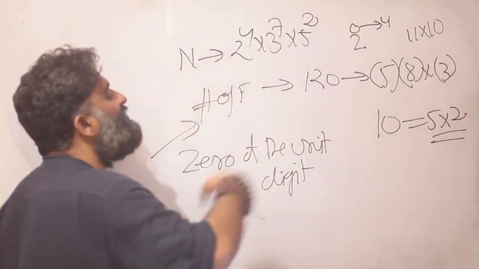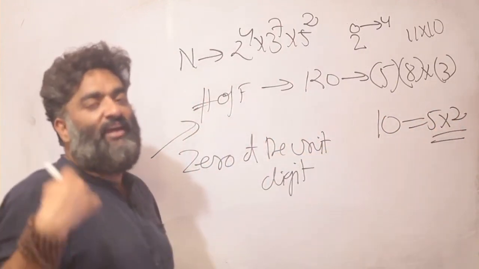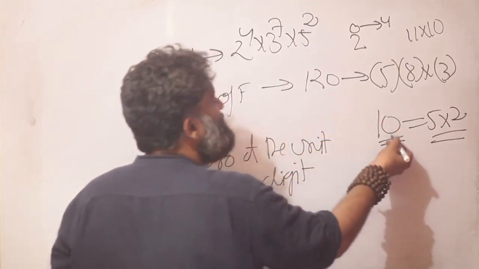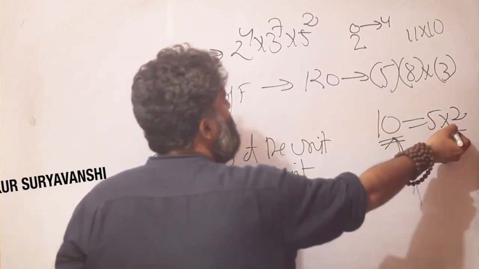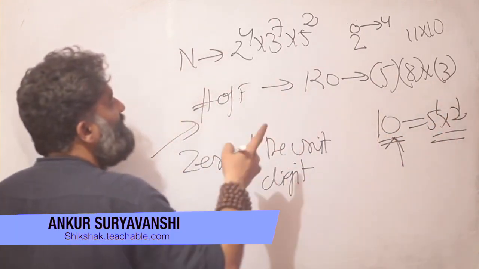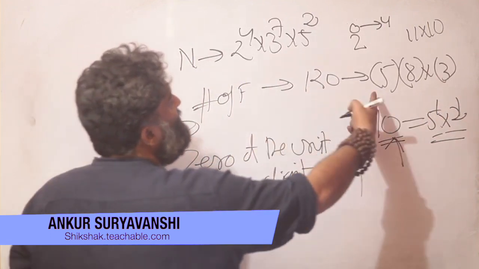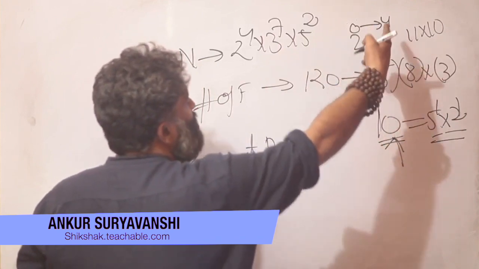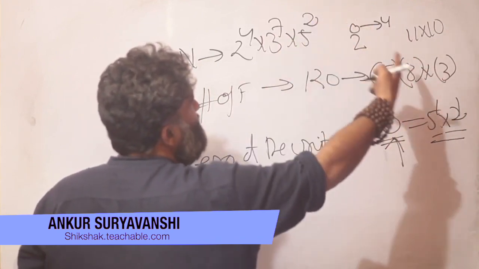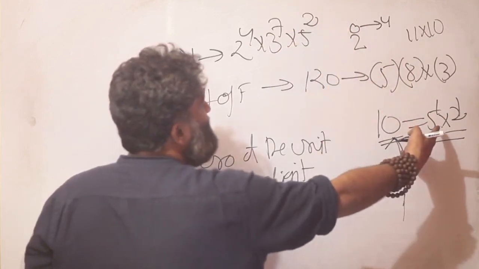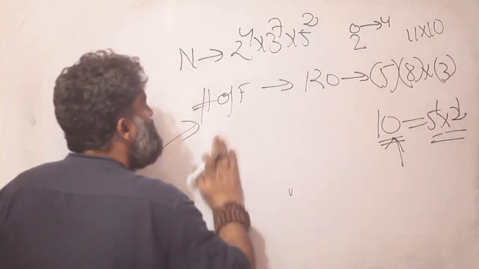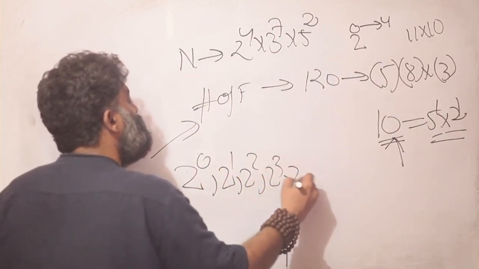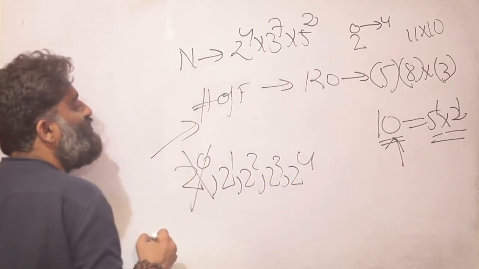These ideas we have either earlier looked at in number of zeros in factorials, etc., or we look at it again. The idea being, once again the factorized form comes to the rescue. A 0 means a 5 and a 2. That means the factors that I am thinking about, earlier there were these many ways of making it, because I could use 2 from 0 up to 4 and 3 from 0 to 7 and 5 from 0 to 2. But now I am saying I must have a 5 and a 2. That means when we looked at 2 raised to 0, 2 raised to 1, 2 square, 2 cube, 2 raised to 4, this 2 raised to 0 is not allowed.